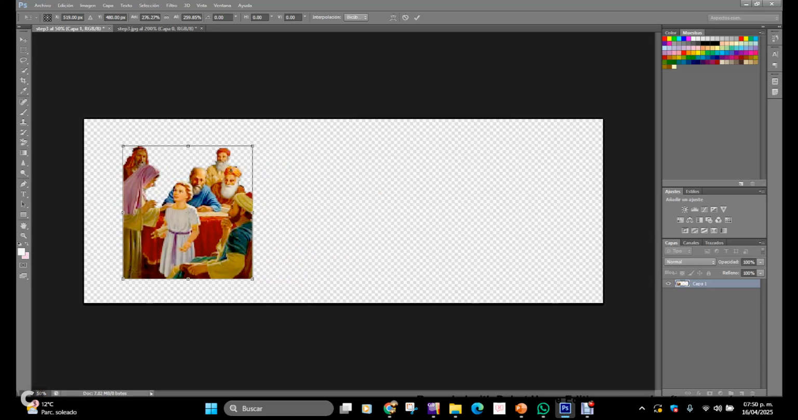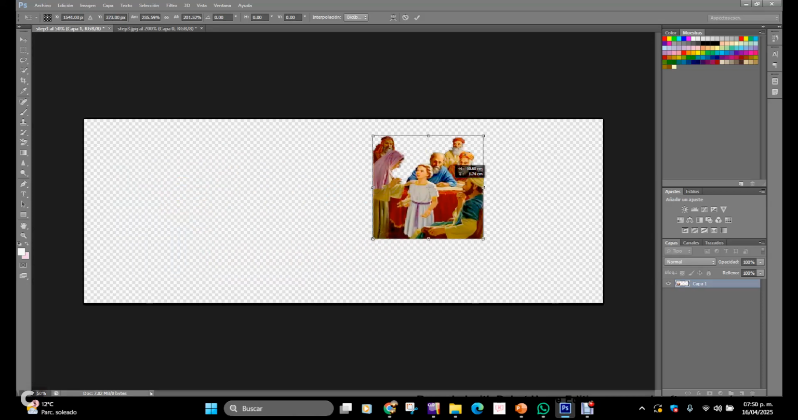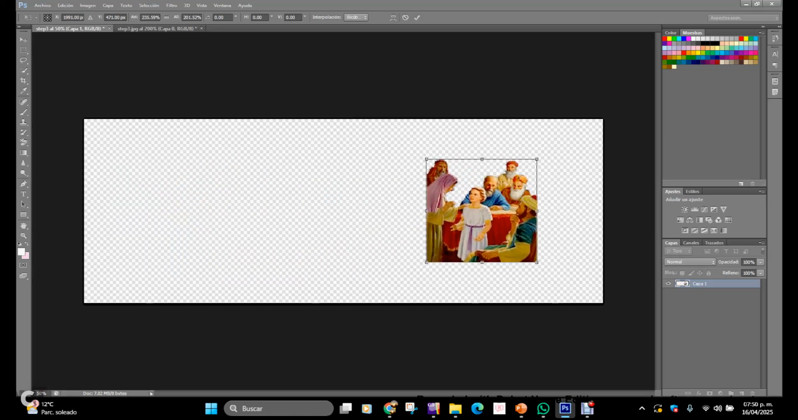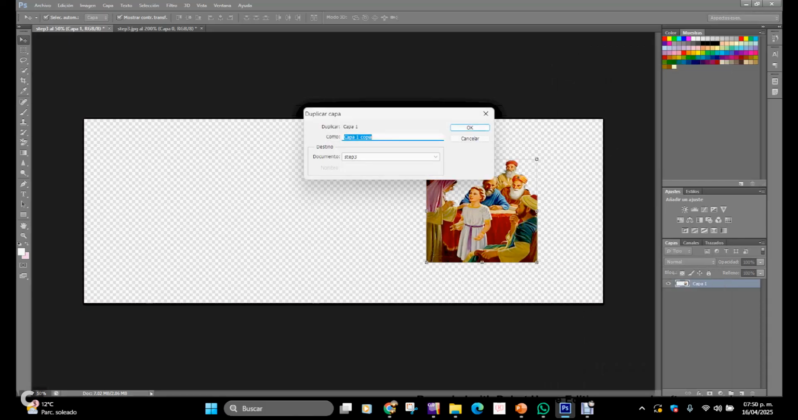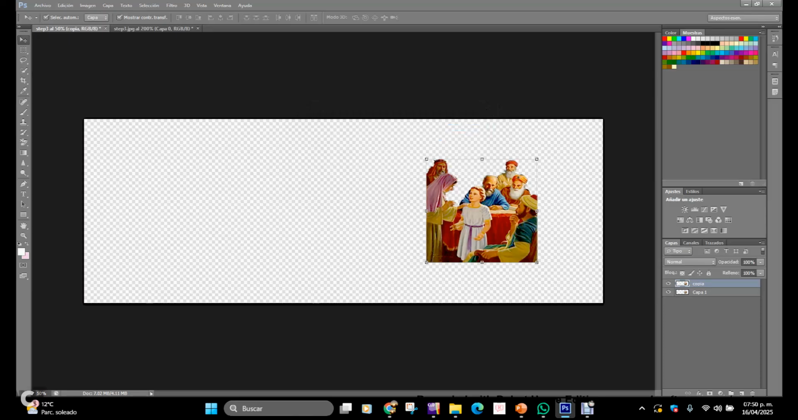For example, could be this design here, and we can duplicate this, aplicar, perfect. And now here on the layer panel, we are going to double this. It is going to be called copia. Okay, and now we are going to move this